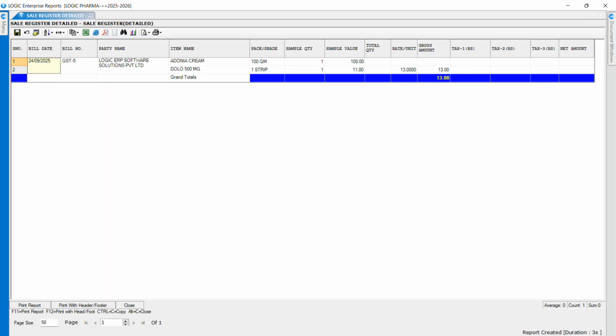In the first entry, the system records only the stock movement without creating any financial entry for the samples. In the second entry, both the stock movement and the monetary value of the samples are captured, enabling analysis for purposes such as marketing cost evaluation, MRP validation, and sales comparisons.